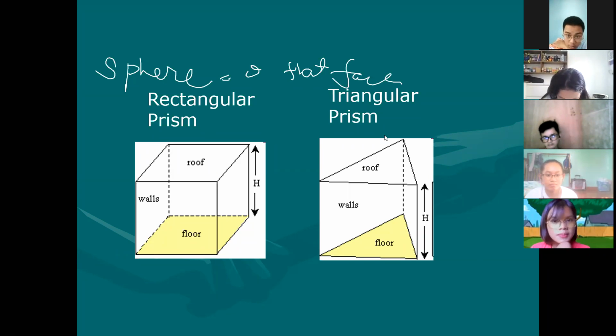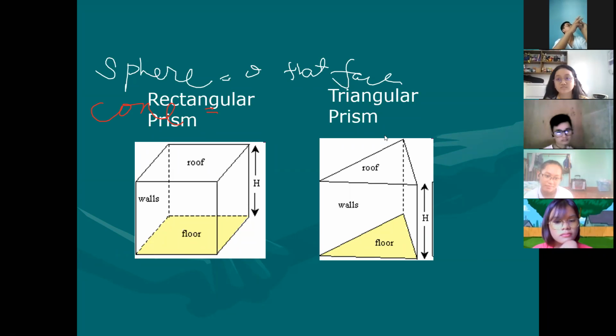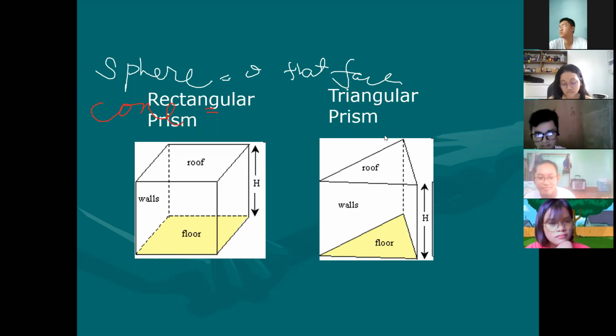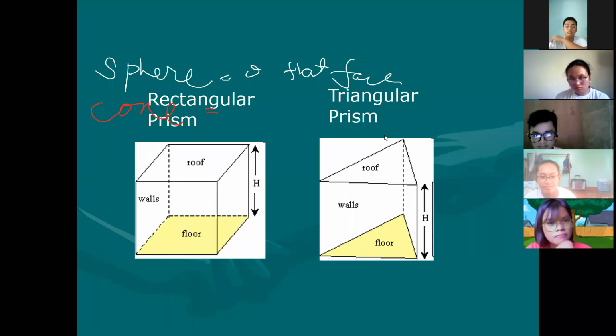I hope this can be seen from your perspective. I'll just use red. What about a cone? Do we have a flat face of a cone? John Abiliana. Examples of it are an ice cream cone, a party hat, a cone that is used by traffic enforcers to cordon off traffic. So do we have a flat face of a cone? No. None, according to John.